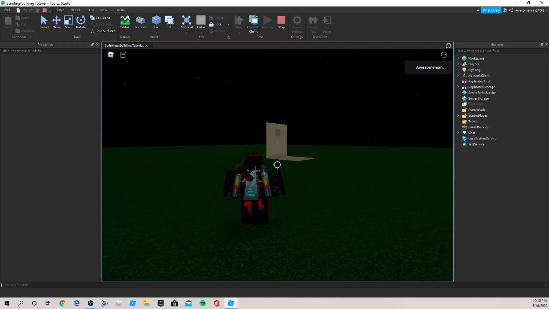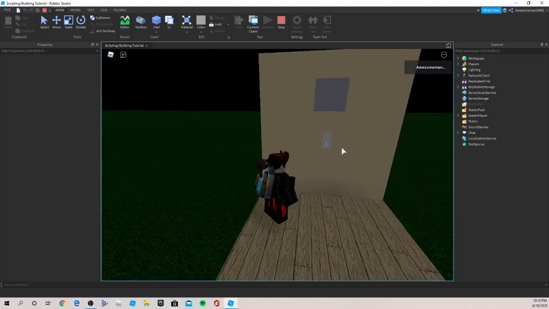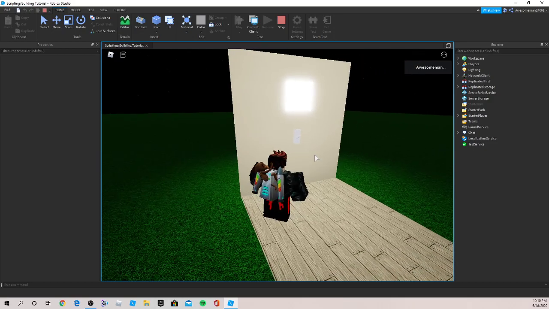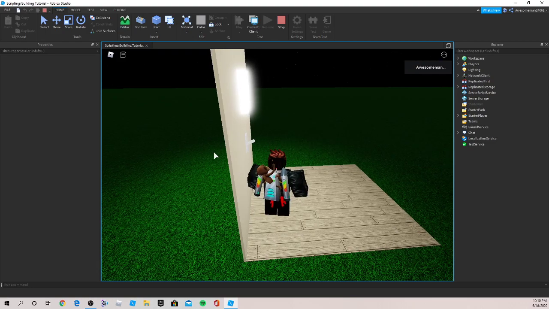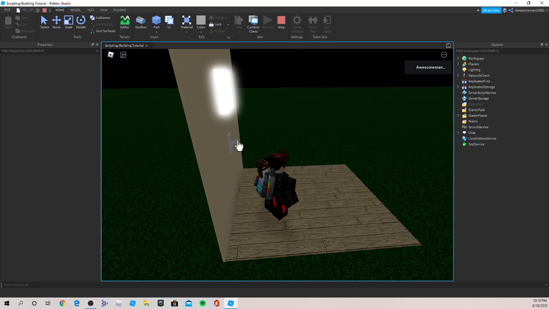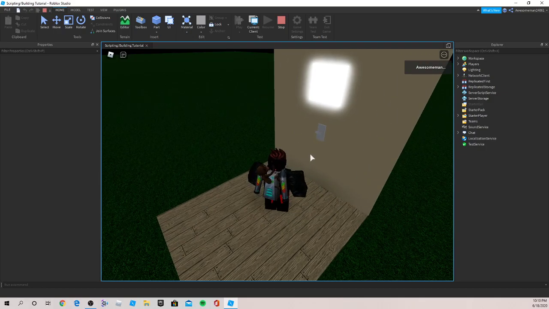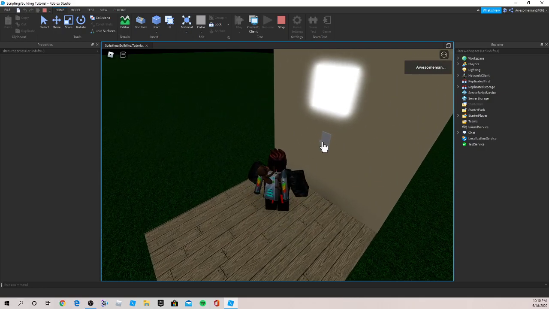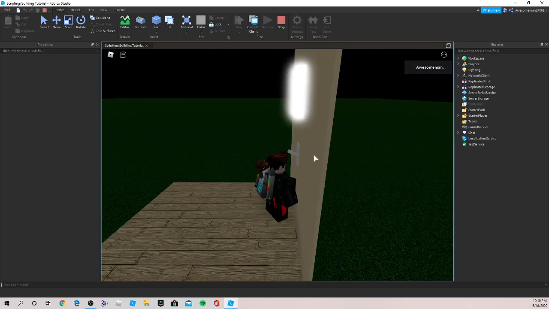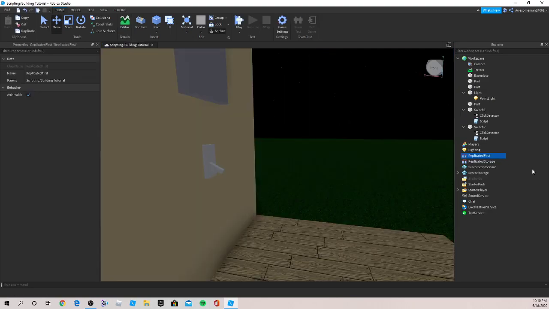So let me quickly walk towards this. And now you have our switch here. When I click the switch, now the light is on and the switch, as you can see, has flipped up. If we click it again, the light should have turned, yeah, it turns off dimmer. And as you can see, the switch, or